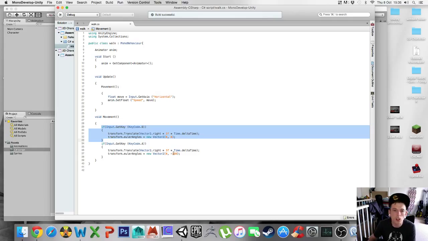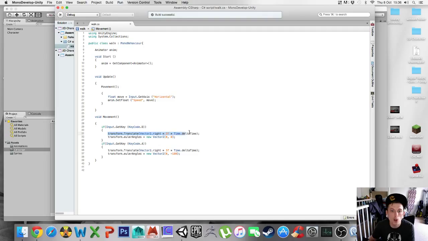Once it is pressed, it will transform the sprite to the right. So we're going to do that using something called a vector2. Again, you need to look at the C# guidance notes to understand what that means. And we have another bit of code in there called transform Euler angles. Don't worry about that too much, it is explained a little bit more and you can find that on the Unity website, but all you need to know for now is that depending on what direction we're moving in, that